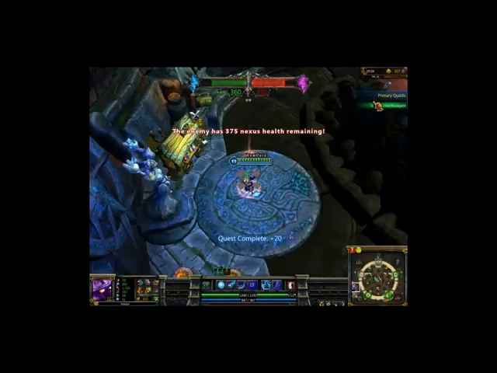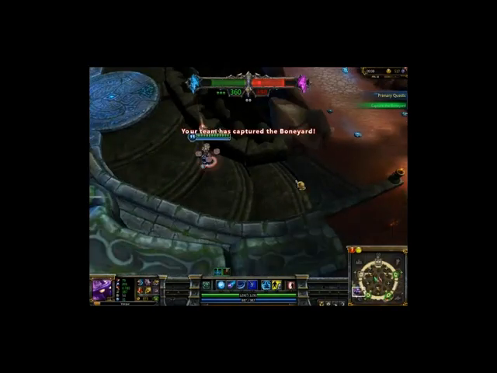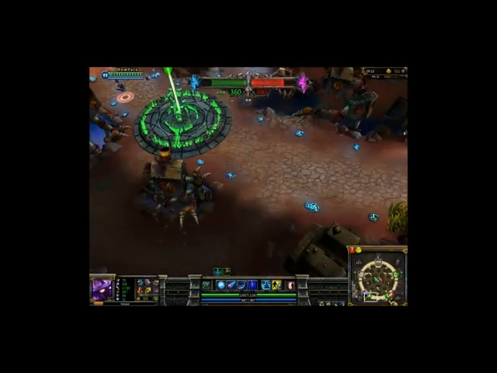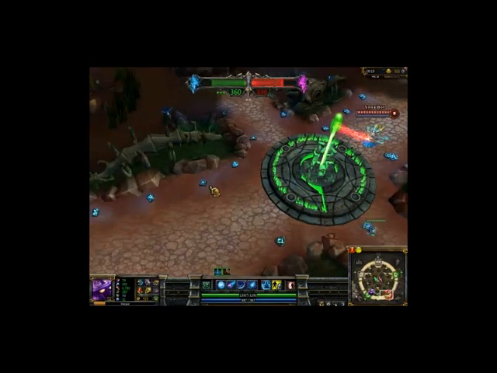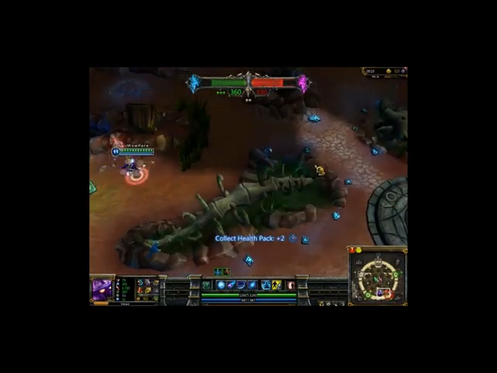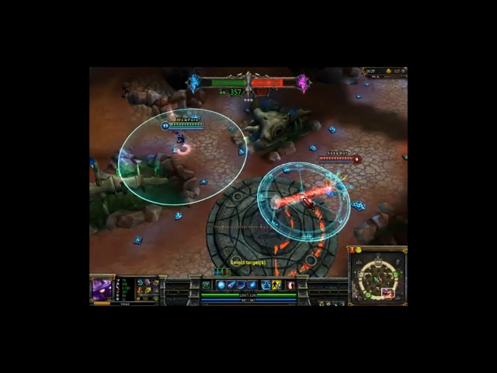Void Staff is always great. Again, it's nice to have all this magic pen. That way your abilities do that much more damage, and it helps fight against the tankier people. A lot of AD carries like to have magic resist or armor runes, which makes it a little bit more troublesome sometimes, but